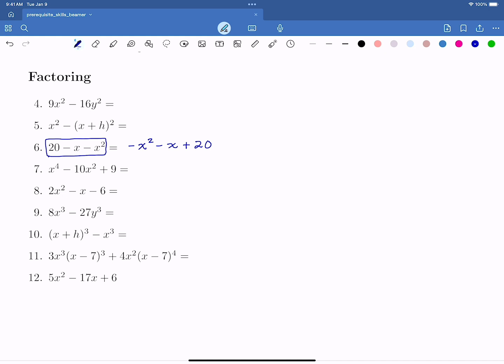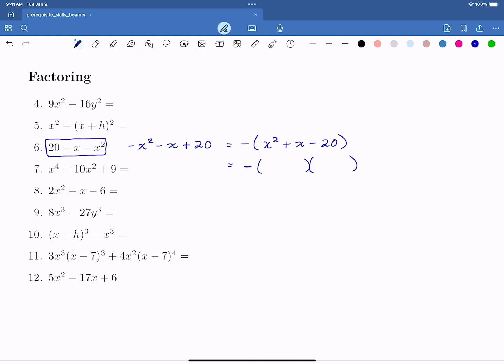Now it's more complicated to try and factor this with a negative leading coefficient. So what I'm going to do first is just factor out the negative 1, and this becomes x squared plus x minus 20. Okay, now I'm going to try and factor x squared plus x minus 20. And there are different methods for factoring trinomials. I'm going to do it mentally, just the guess and check method, because I know I'm looking for two numbers